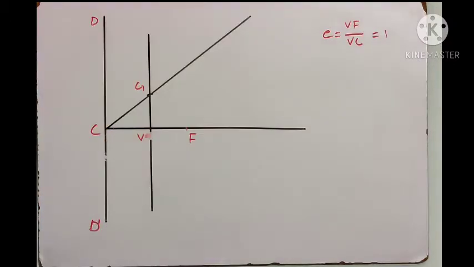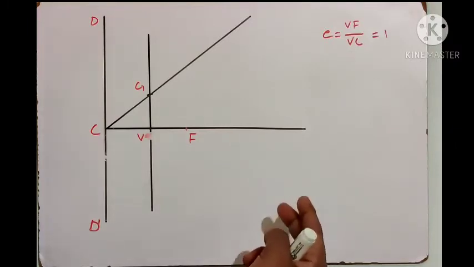There is no difference in the construction of the parabola and the ellipse using the eccentricity method. There is only one difference. The ellipse is a closed curve and the parabola is an open curve. Apart from that, there is no difference. As it is an open curve, the other vertex will not be there.